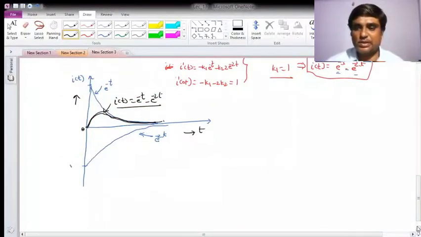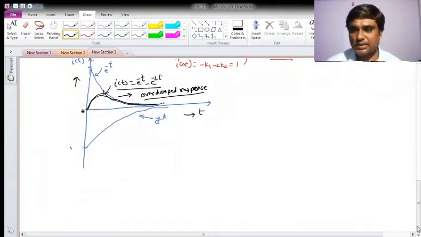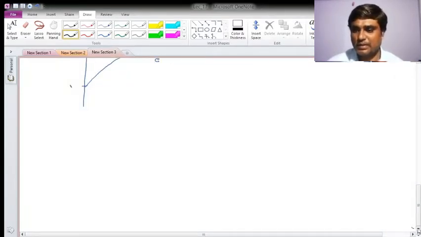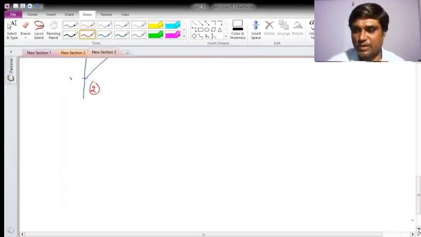This is the response, and this kind of response is called an over-damped response. Why it is called over-damped, we will see when we summarize all 4 parts. After some time, that we'll see. Now the next behavior we'll see is how the behavior will be when my roots are real